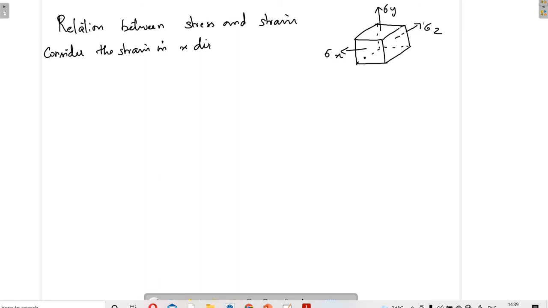So the strain will be negative in other two directions if you consider any one of the directions. So with this concept, we are going to derive the relation between stress and strain. So it is the stress-strain relationship